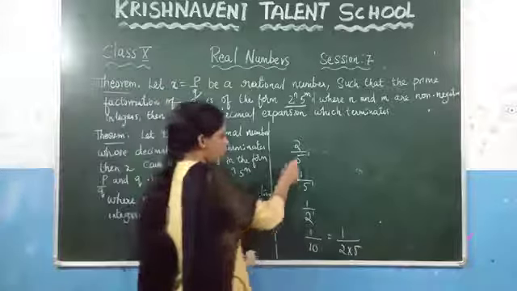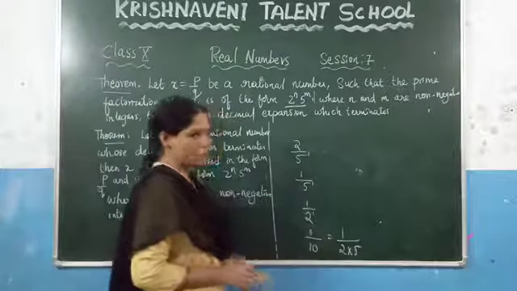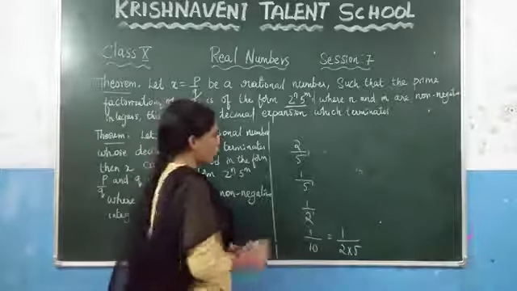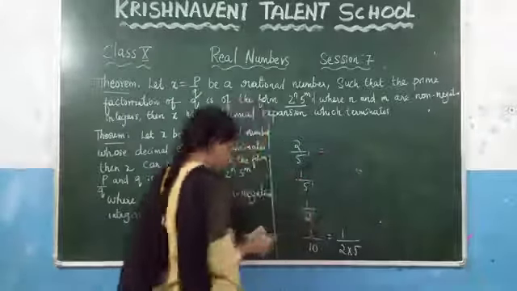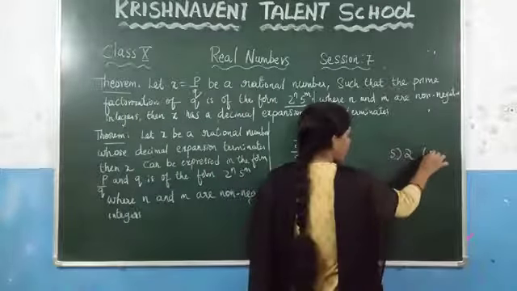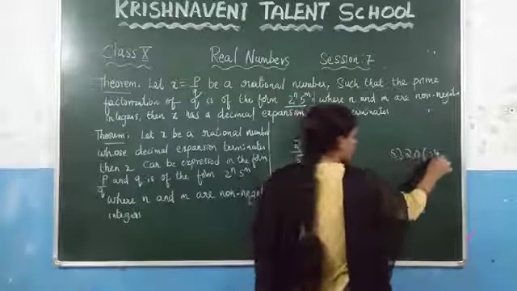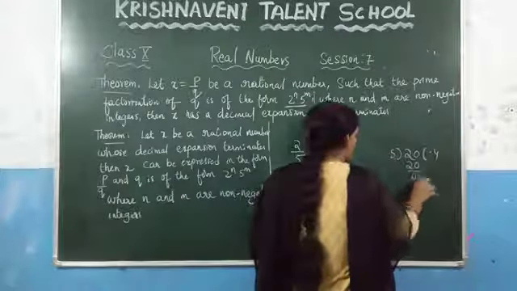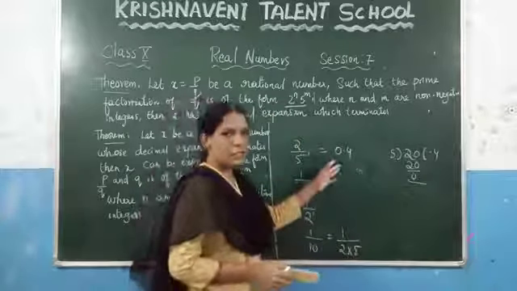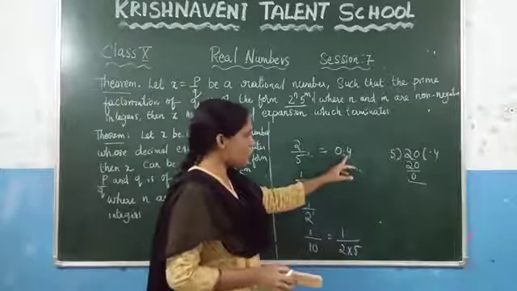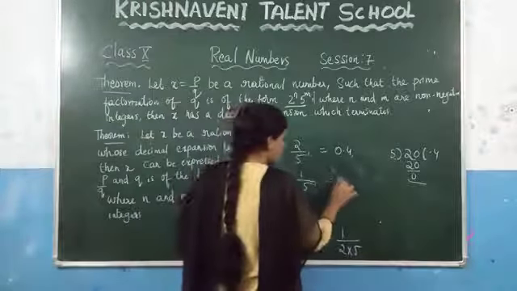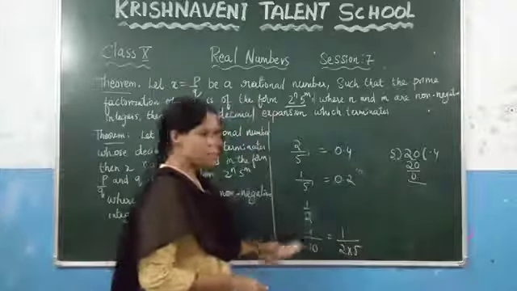So let us check whether it is a terminating decimal or not. What is a terminating decimal? After the decimal point, it has an end. Now consider the value of 2 by 5. You can calculate here: you keep a decimal point after 0, 5 4 20, so we are getting the value as 0.4. You know that it is a terminating decimal because after the decimal point it has an end. Now see this one, 1 by 5: this value is 0.2. It is also a terminating decimal.